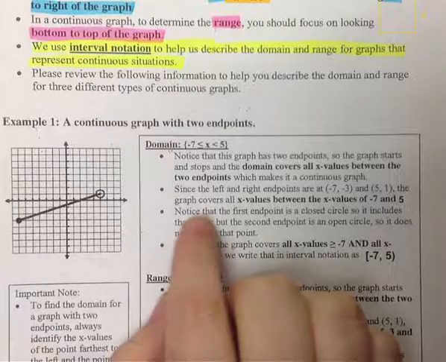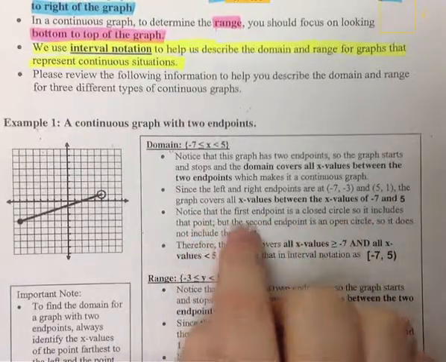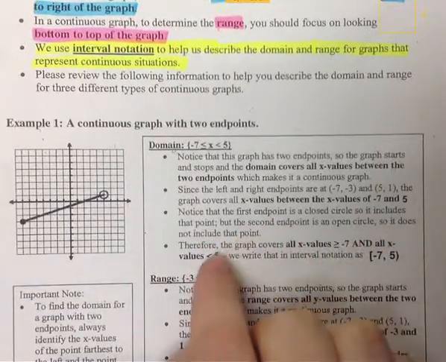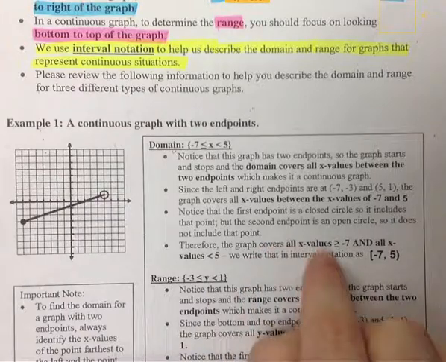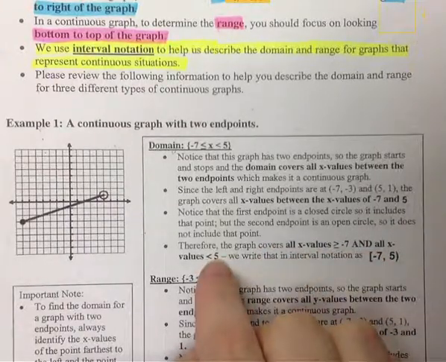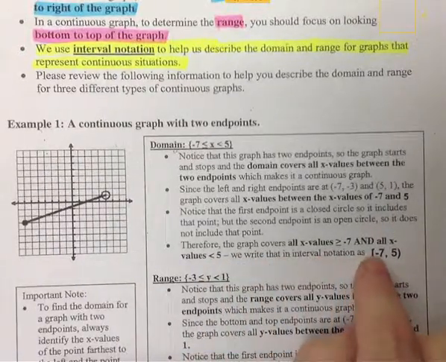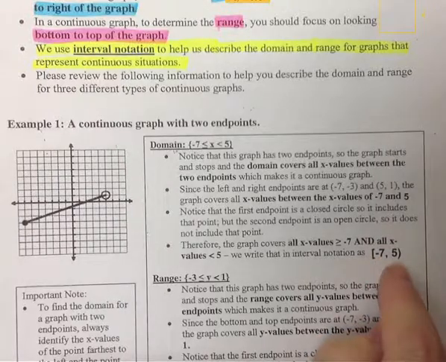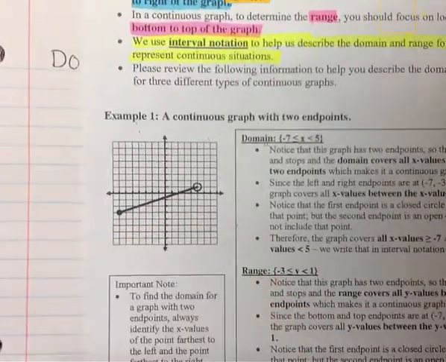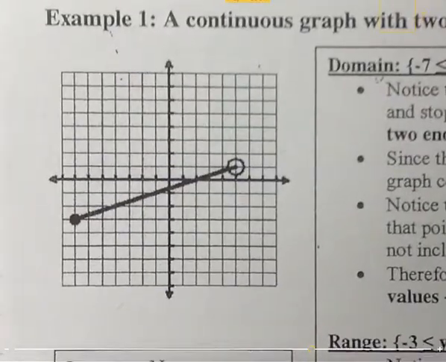Then we also have noticed that the first endpoint is a closed circle, so it includes that point, but the second endpoint is an open circle, so it does not include that point. Therefore, the graph covers all x values greater than or equal to -7 and all x values less than 5. We write that in interval notation as closed bracket -7, 5, open bracket. Now to show you what I mean with the picture with my highlight, so that we can easily see where the left point is,